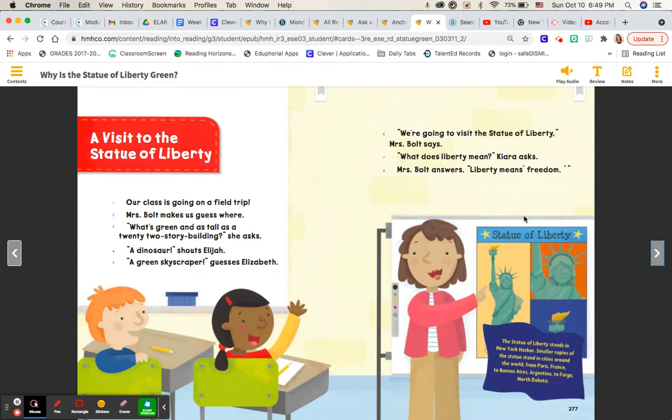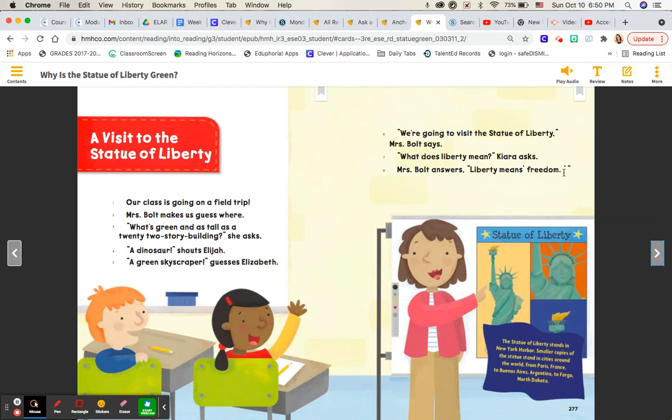When I find an answer to that question, I'm going to stop again, write my answer on a sticky note, go up there, put it on the answer side, then come back to my desk and finish reading. So no matter where you stop and you start, again, you're going to make sure that you finish reading this story today. So I stopped here.